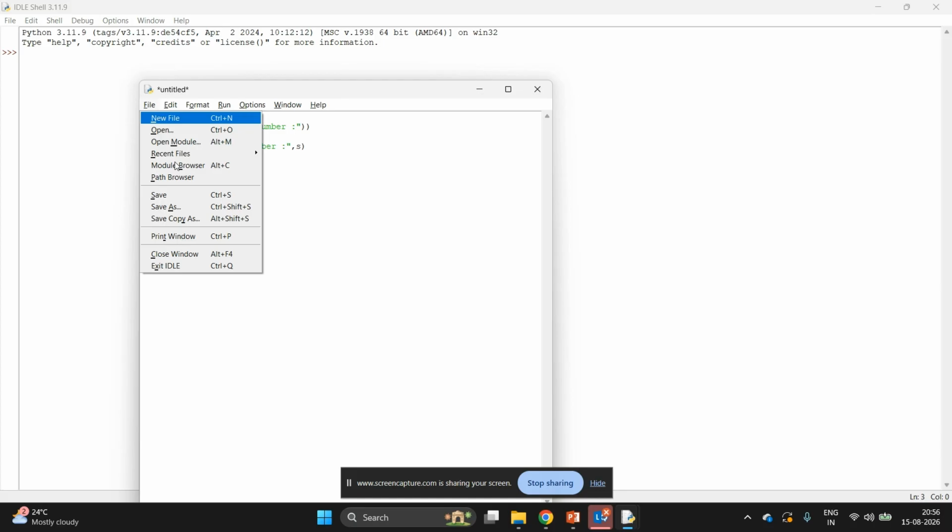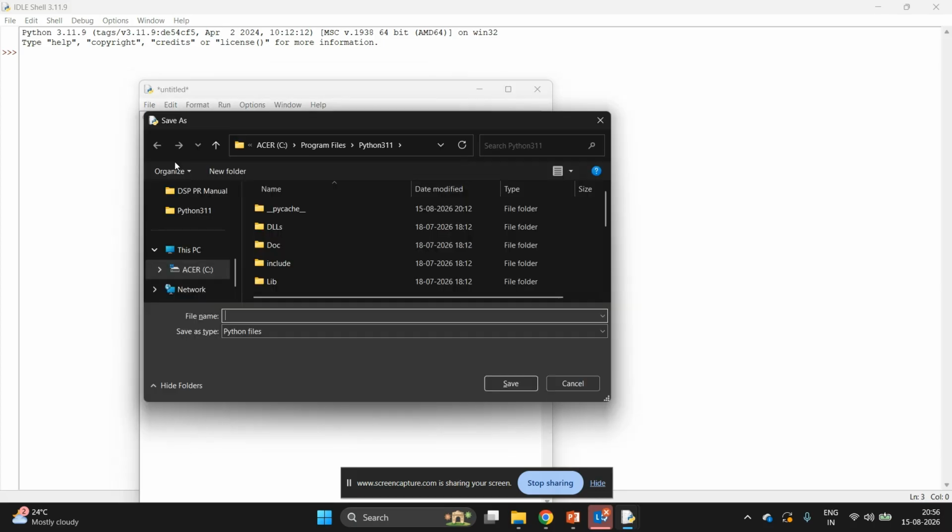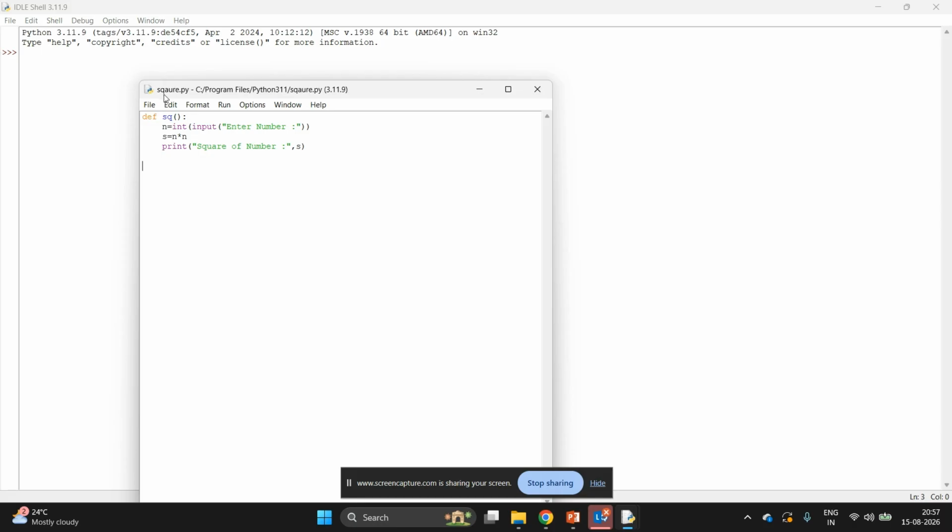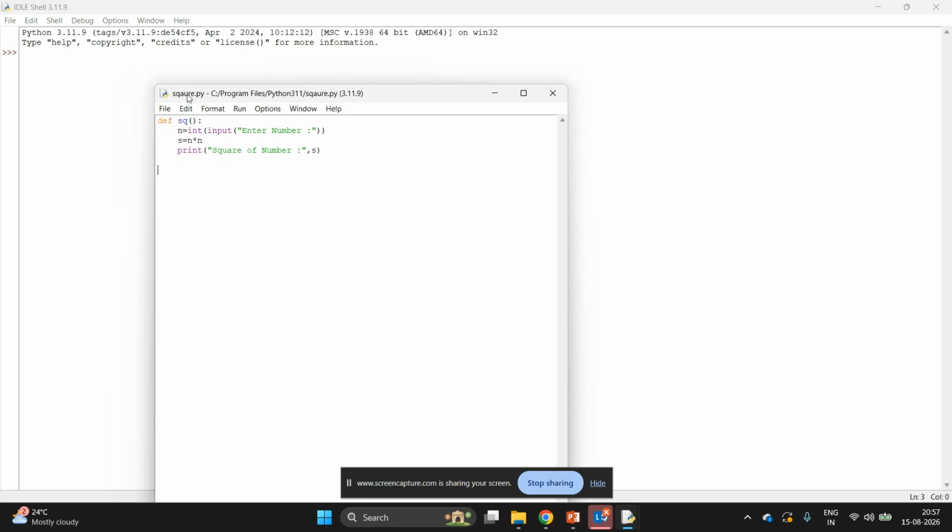Now I want to save this functionality. So I am clicking on save as. Under the Python folder, it will be saved. Suppose I am giving the name of this file as square. By default, the extension will be .py. If you look at the title bar, the name of this Python file is square.py. So it means this is the square module. Module means a separate Python file. Under this square.py file, meaning under this square module, I have a function with the name sq, which does the task of reading a number and calculating the square of a number.